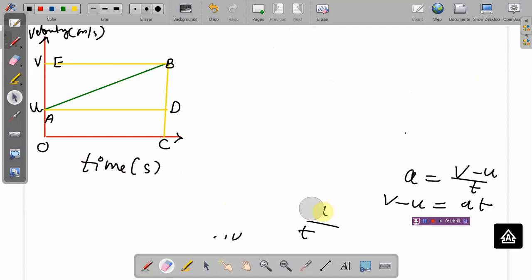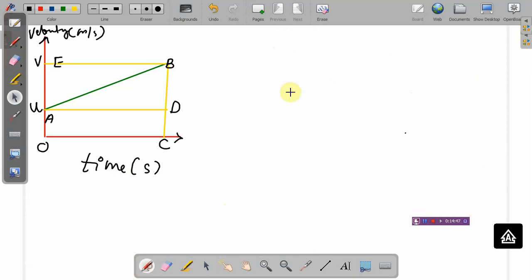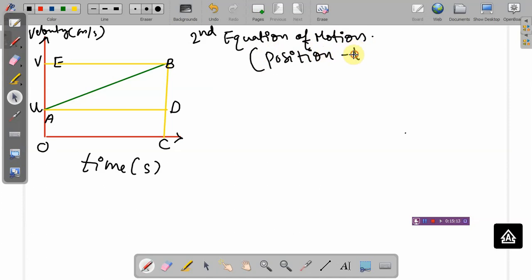The position time relation, right? Now, when we were discussing graphical representation of motion, we have seen if you have a velocity time graph,